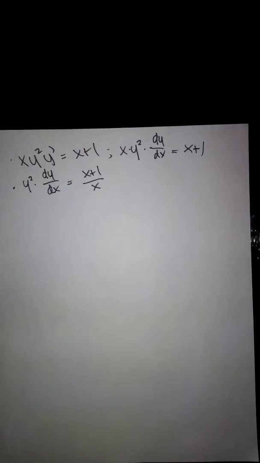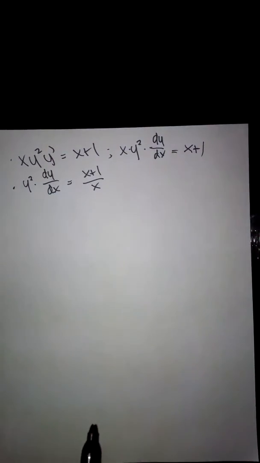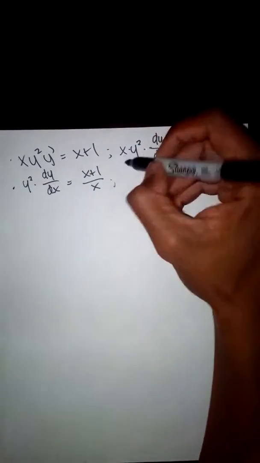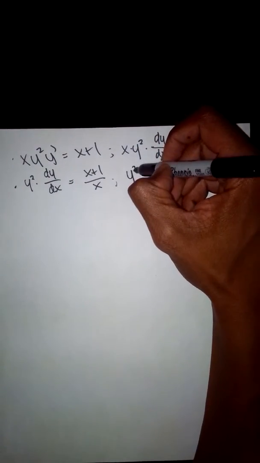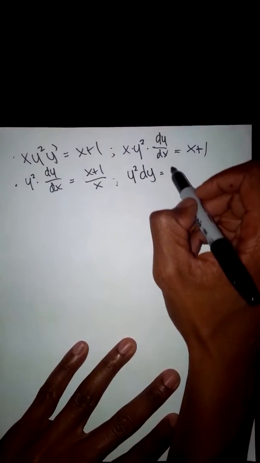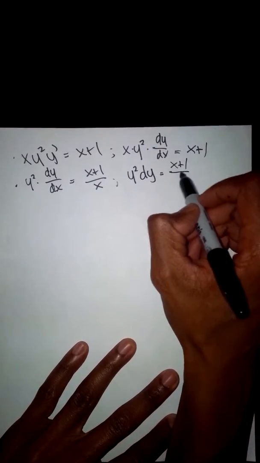Now here's where things get kind of interesting. This dy/dx right here can also be separated. That's what makes this a separable equation. We can multiply both sides by dx to get y squared dy is equal to x plus 1 over x